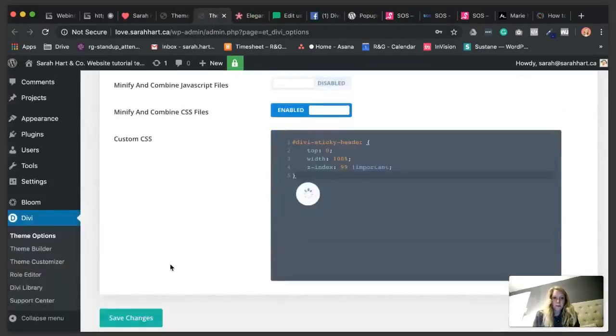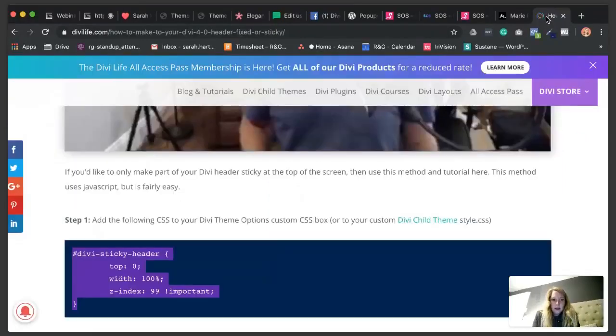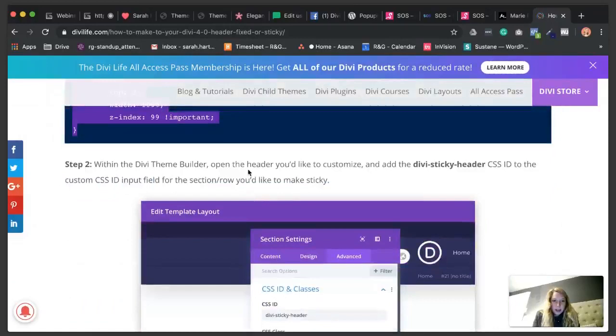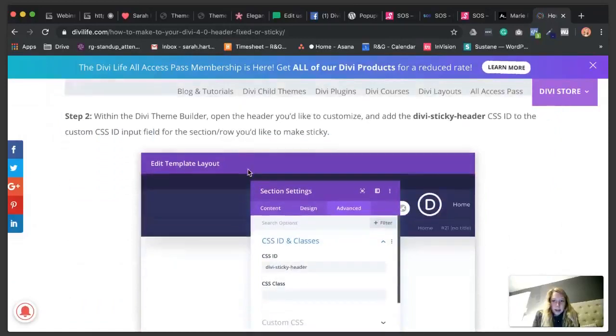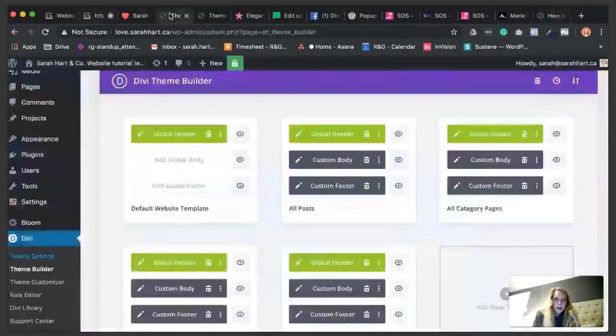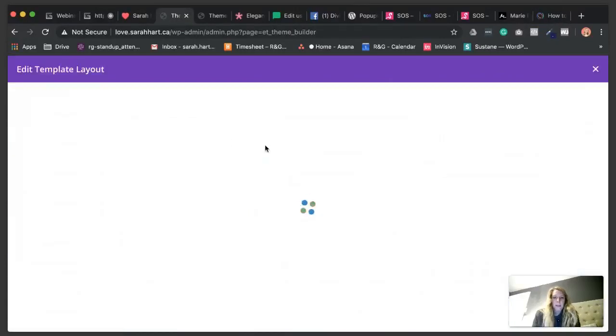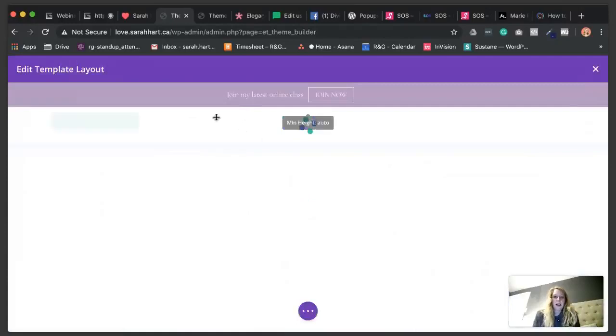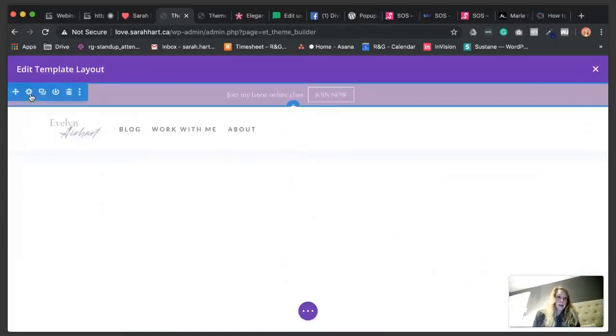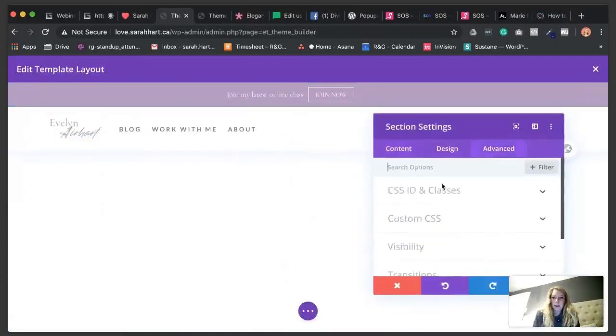There we go. And then add the following CSS, okay, we did that. And then add an ID to the section. Okay, so that's this one here. And I just want to add it to this top one. So ID,